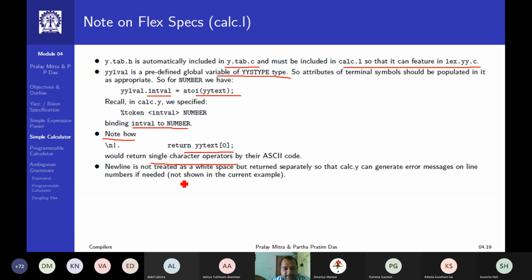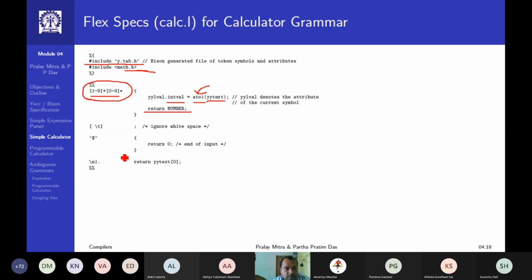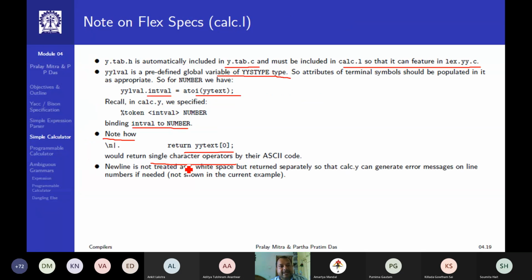So whenever you face some error and show some exception or error message, you mention at which line you are facing that one. But that is not required for space or tab. That's why for space and tab there is no action. I'm going to the previous slide. For space and tab it is semicolon, no action, ignore white space. But for \n, I am returning that text. And also for dot, it says that any other character you are returning.